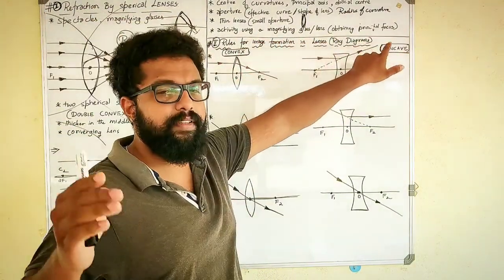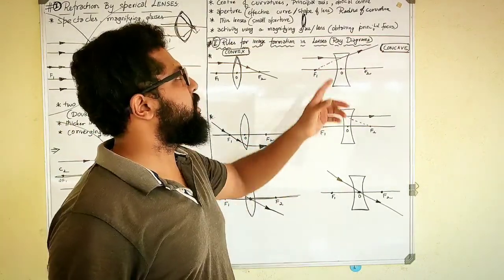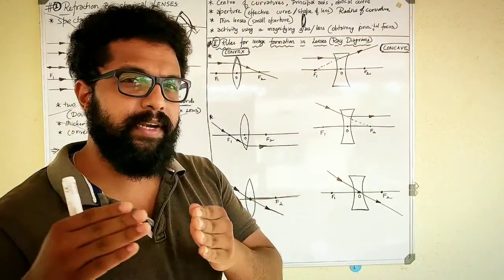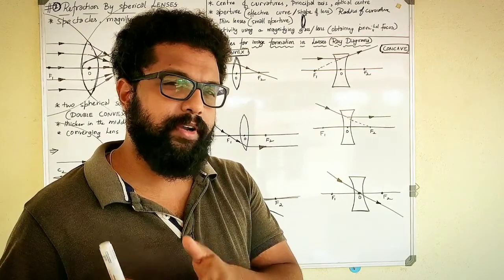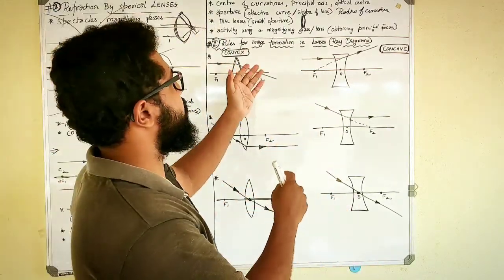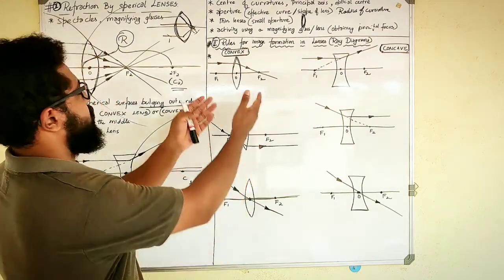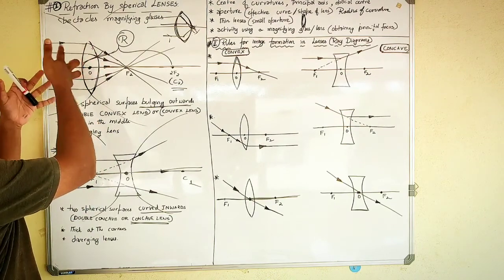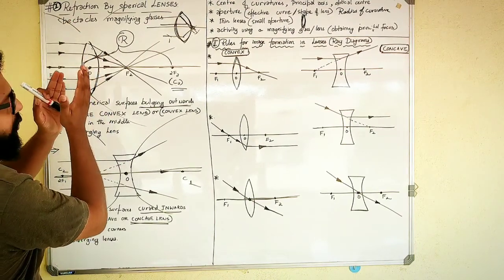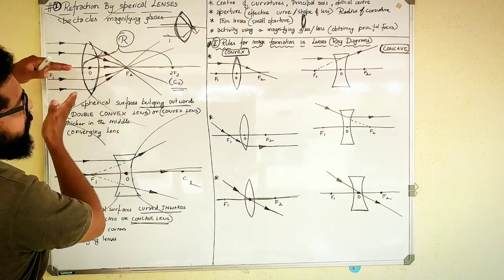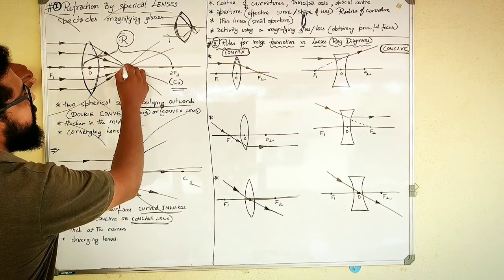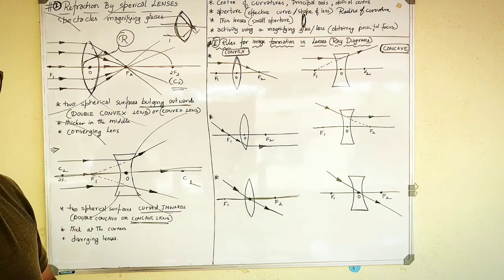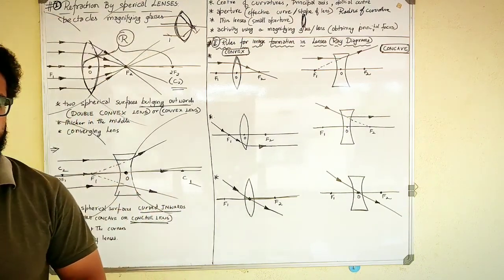That point, wherever all the light rays are converged and forming a small point, is called the principal focus, which you have studied in mirrors as well. All the light rays will meet at one point after converging, and such a point is called the principal focus. The same thing applies to lenses. All the light rays are traveling parallel, and after refraction in a convex lens, they all meet at one point, and that point is called the principal focus of that lens.